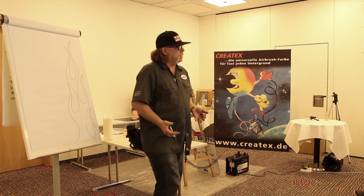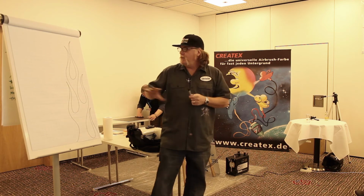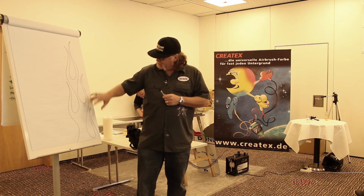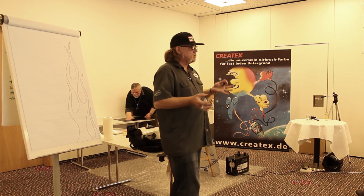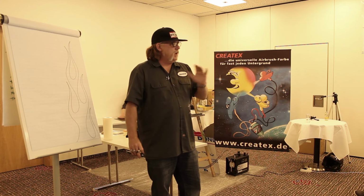and that's a cool flame design. It's balanced. I've done this a lot, so it takes practice to do this. But off the front of the car, let's say this is a red car, and this is yellow flames. The front of the car is now yellow. And that's okay, but what if you're, and I'll tell you, a lot of people, like let's say you have a really nice red car, and in this situation,